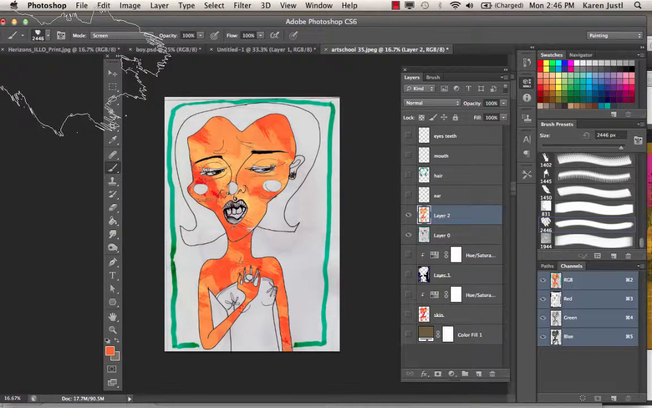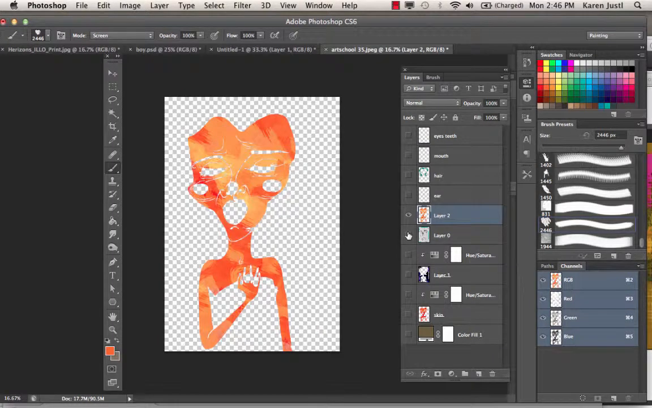Deselect, Command D, and you can see that I have my new layer. It's independent of the layer 0, which is my drawing. I've got layer 2, which is skin. And as well, this time I did miss the ear. If I turn on that ear, hello,